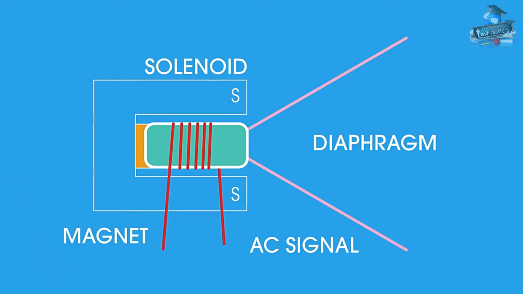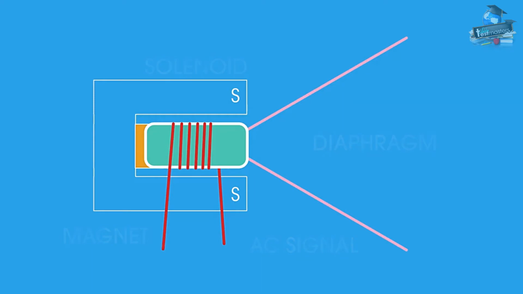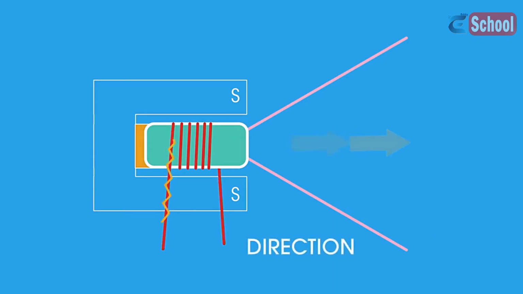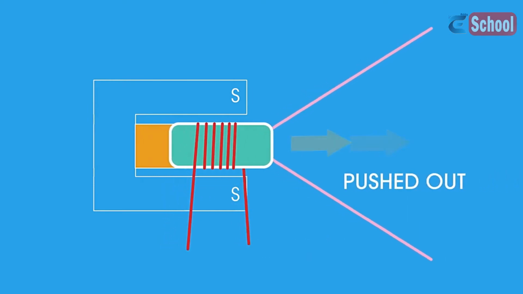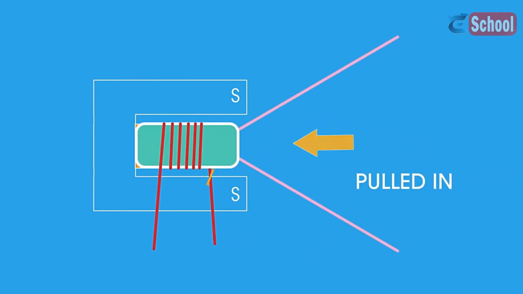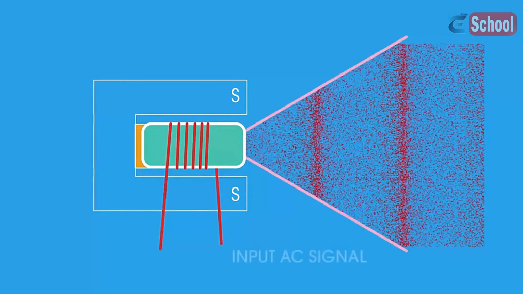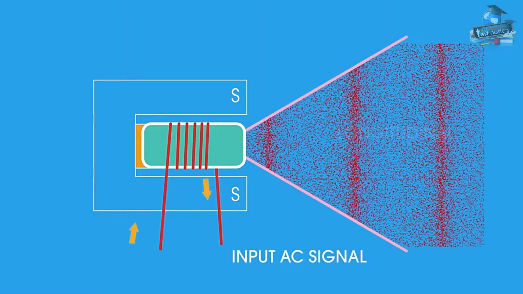The loudspeaker works by the motor effect. When a current flows in the solenoid, its magnetic field interacts with that of the permanent magnet. Depending on the direction of the current, the solenoid and the diaphragm with it are either pushed out of or pulled into the annular magnet. This creates a compression wave moving with the same frequency as the input electrical signal, which spreads out as a